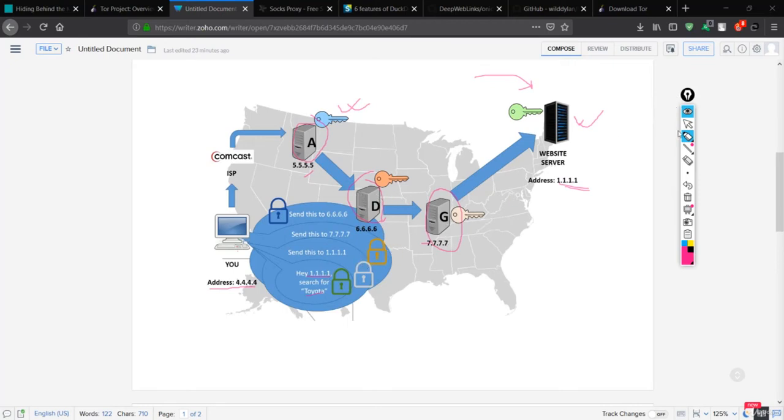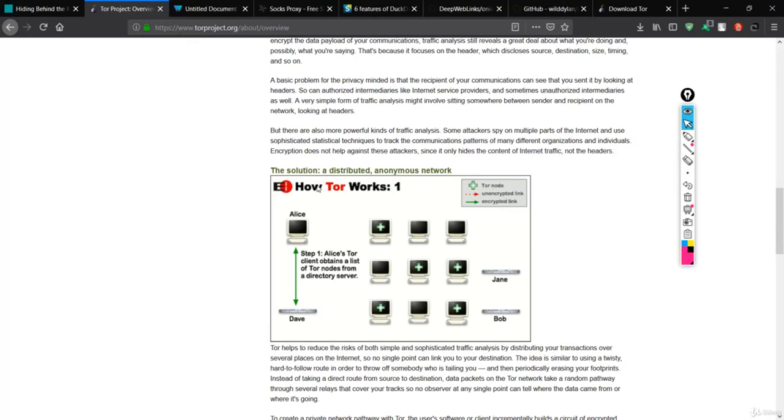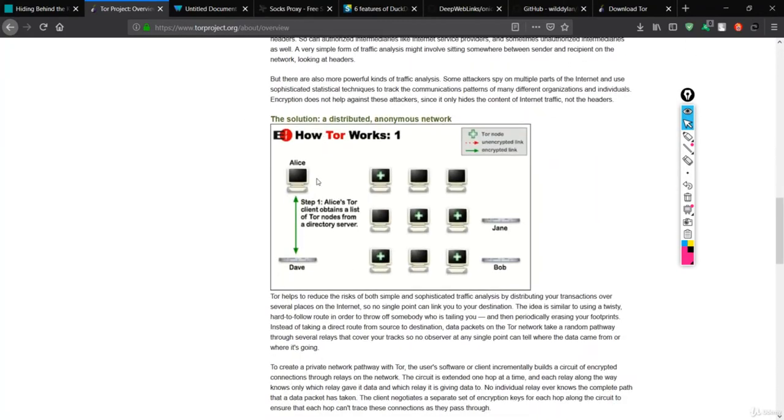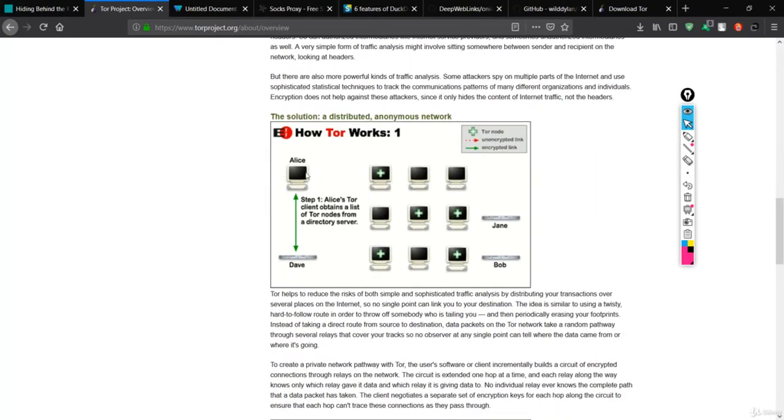Let me show you what I'm talking about. Let me go to the documentation of the Tor project, and you'll see how Tor works. Alice is the one giving the source, and Dave is another client, with the message encrypted in between them.